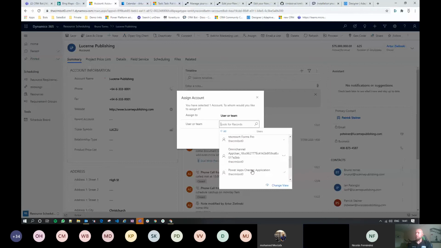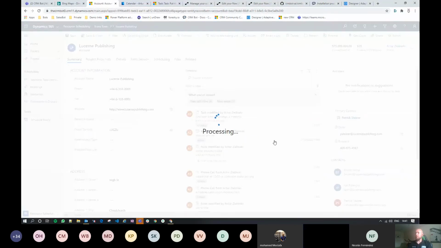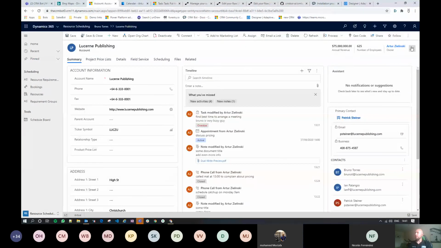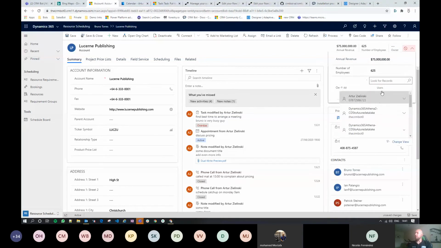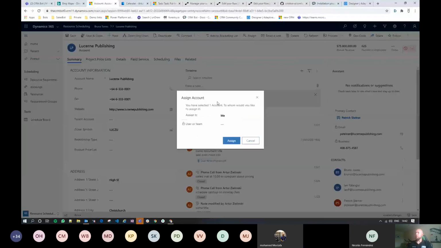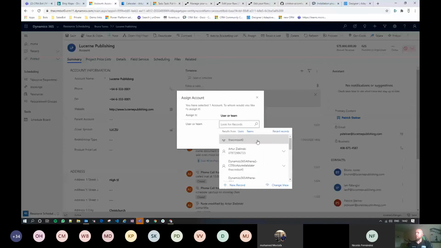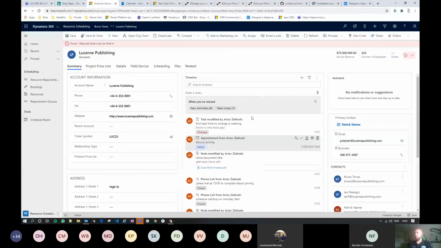I don't think I've got that many agents here. Let's assign it to the test agent. Oh, gosh. I can't do it because I think I'm just by myself here. Maybe you can assign it to a team. Let's see if that works. That's what happens when you don't have too many users in your tenant. But let's actually see if I can find a team. Oh, gosh, no.